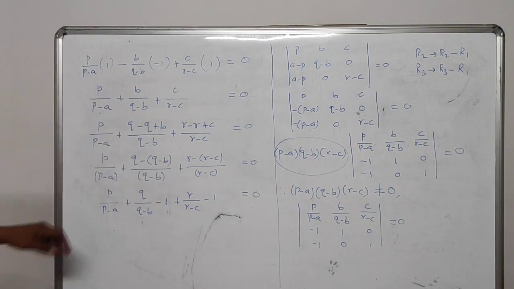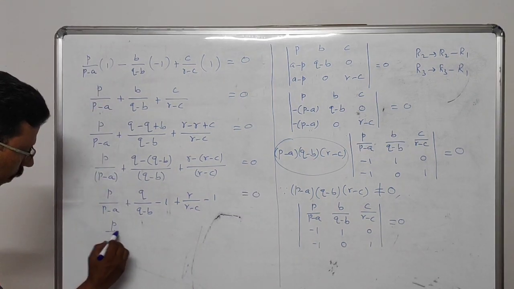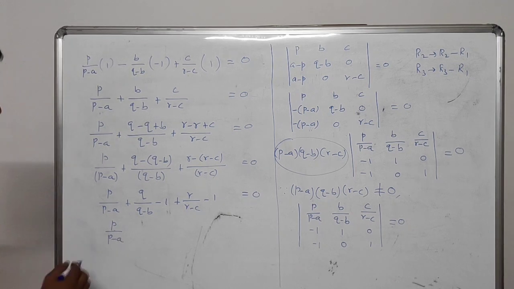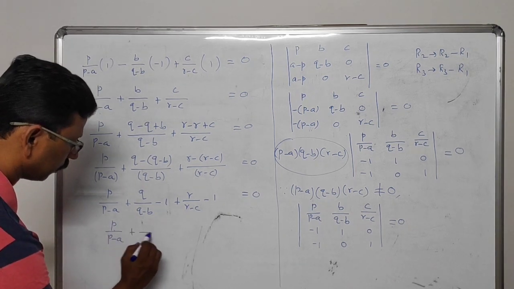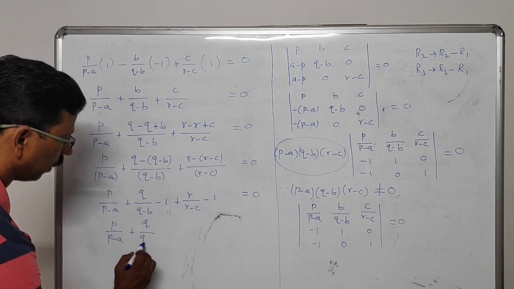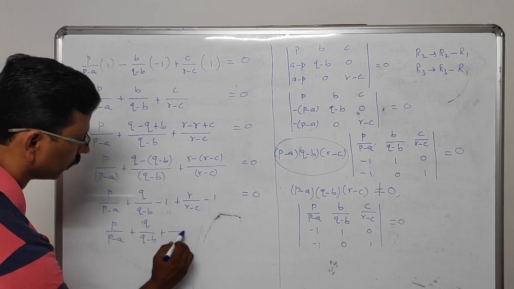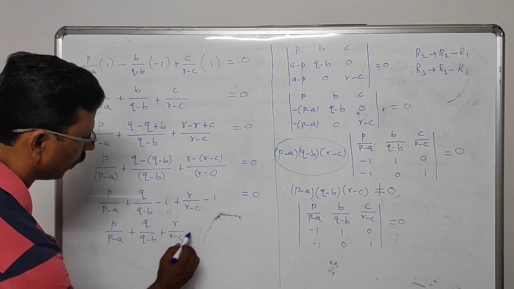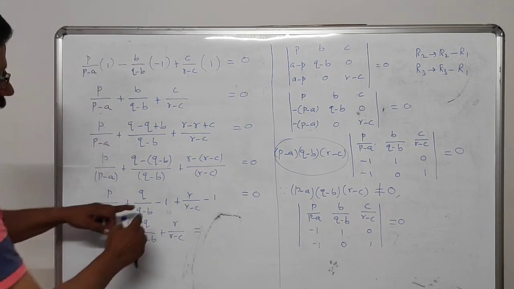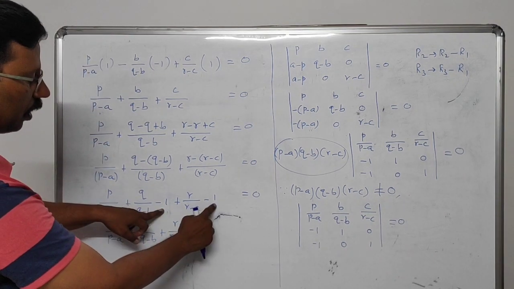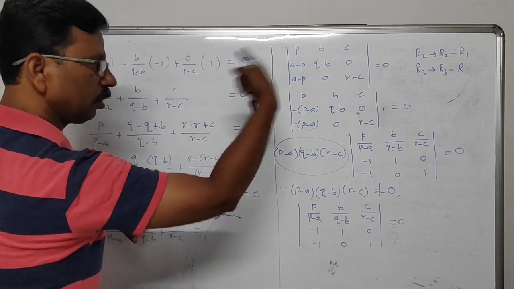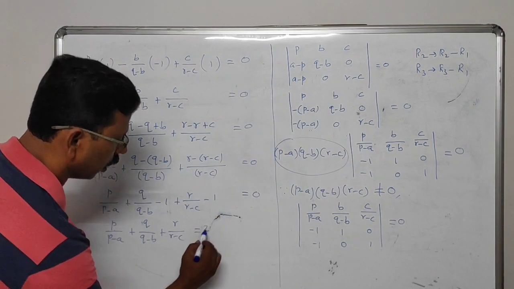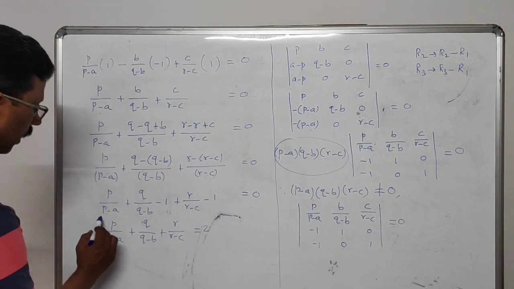After that, you can write p by p minus a plus q by q minus b plus r by r minus c equal to, minus 1 gives minus 2, minus 2 goes to that side and becomes plus 2. Now this is the required result. Likewise we can